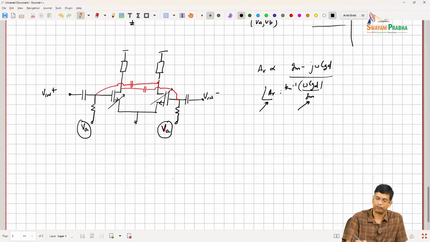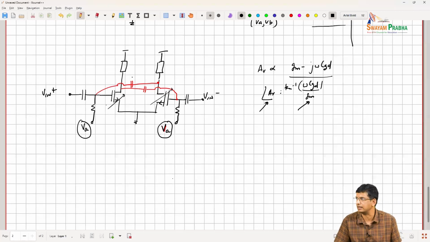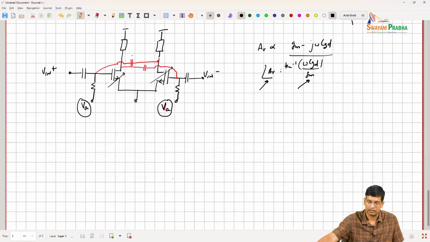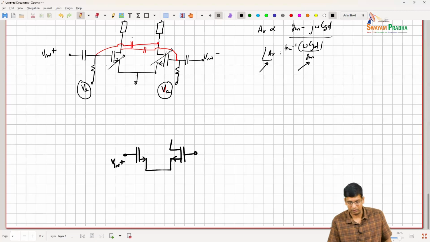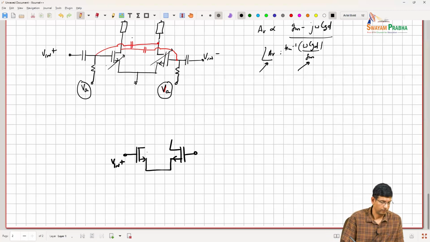You can also, if you worry about the fact that this doesn't track process and things like that, do the sort of current steering approach, but creating a Vin plus stage, right? And you can basically compensate for